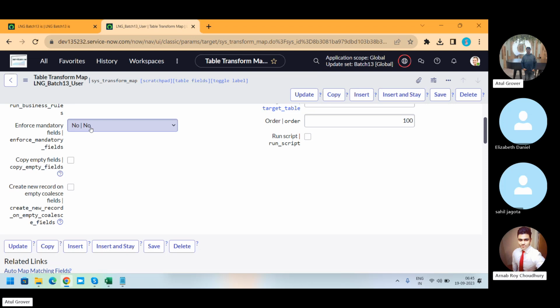That doesn't matter, because the purpose is to understand the concept. So now, enforce mandatory fields. What does this mean? Let's say in my user table, user ID is mandatory. Unless you fill in the user ID, you cannot create the record. So if you say yes,